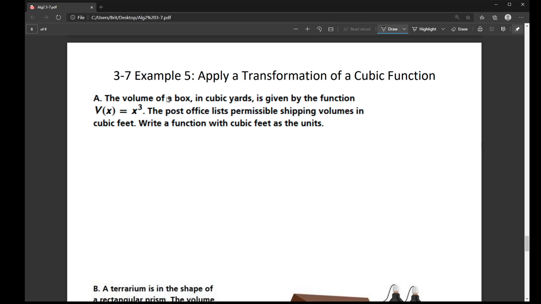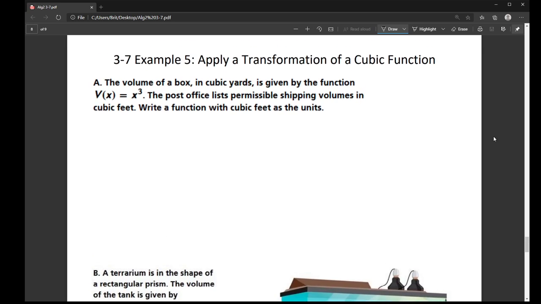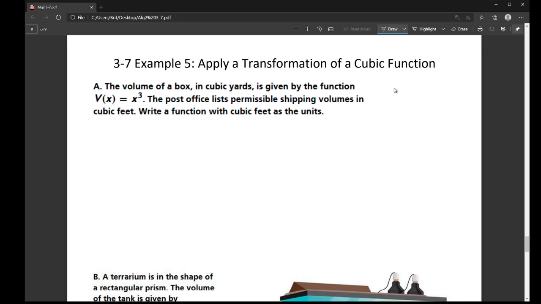In this video, I'm covering example 5 from section 3-7 in the SavvasRealize Algebra 2 textbook. So we are looking at how to apply a transformation of a cubic function. These are real-world problems where we're using our transformations to help us solve something. So in example A, there's the volume of a box, and they say that it's written